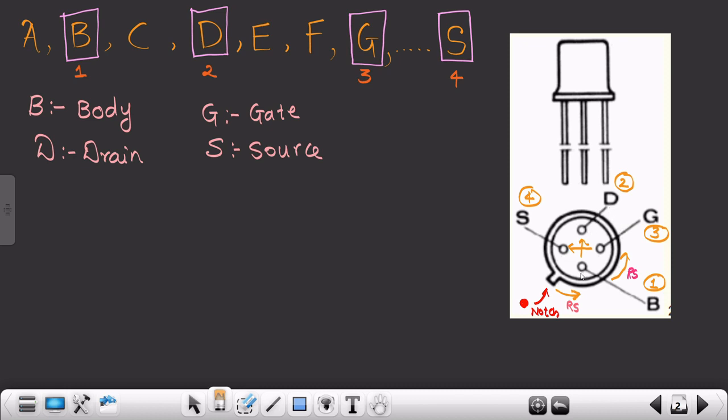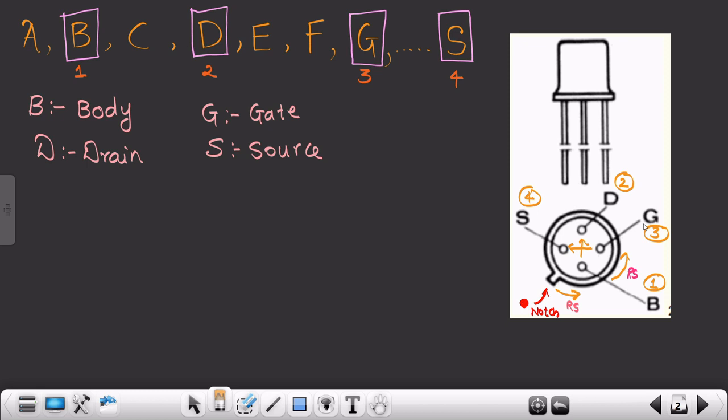If I move from body to drain, that means our drain is present in the opposite direction of body, right? Drain is present in the opposite direction of body. Then it's pretty easy to move to the left side of the drain, and then we will get the third terminal, that is gate. I always tell those students that is also fine, but see, we are following